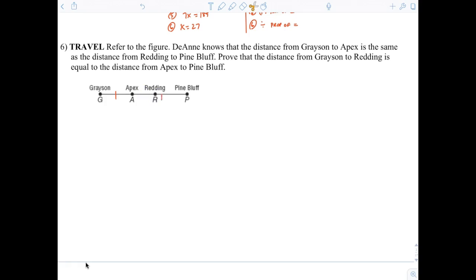All right, this is a nice little proof too. Which is obvious, right? So we want to prove that from Grayson to Reading is the same as